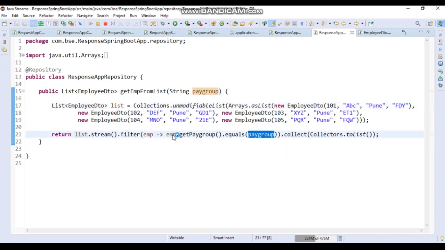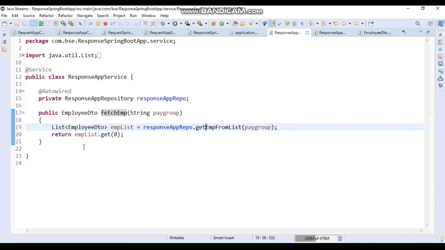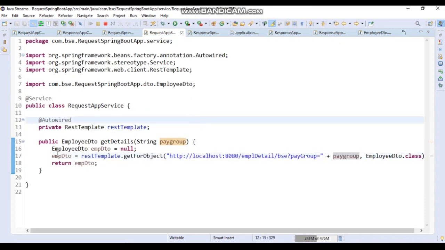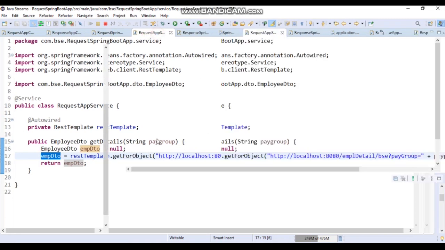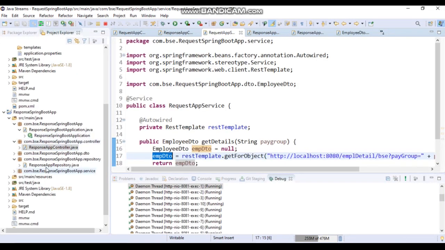If it matches the employee, then collect that employee to the list, then get the first employee out of the list and pass it to the controller. Here is the controller of this service.